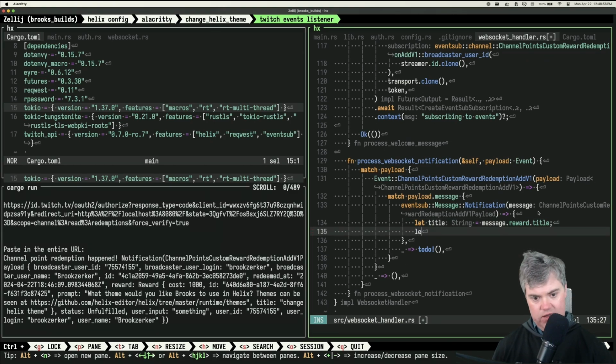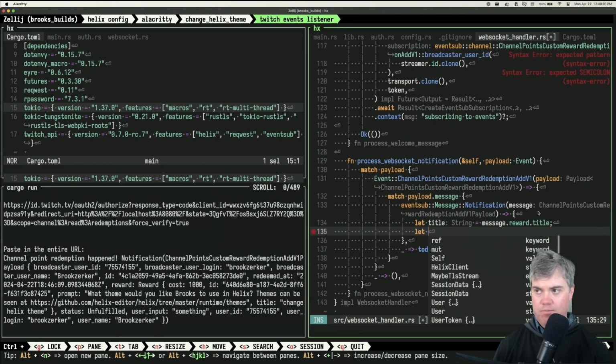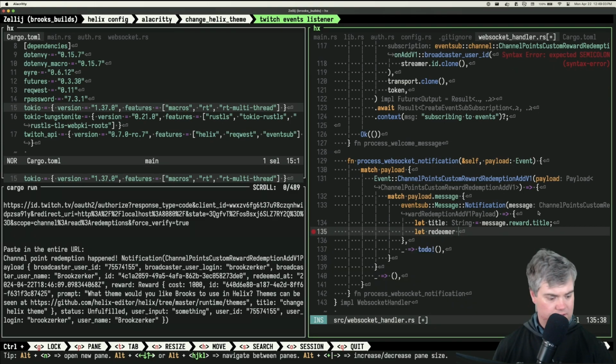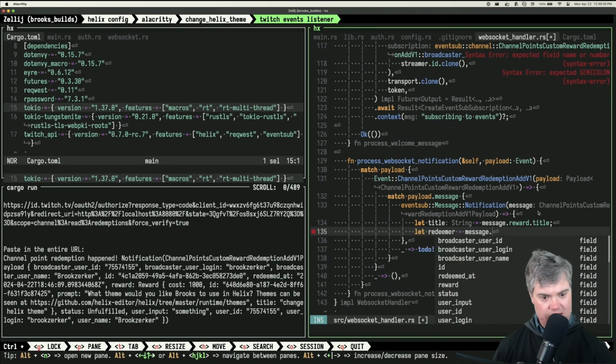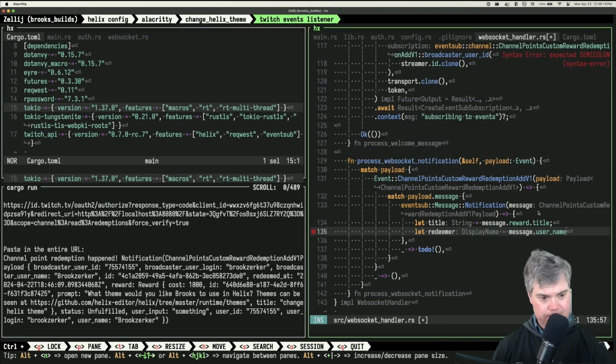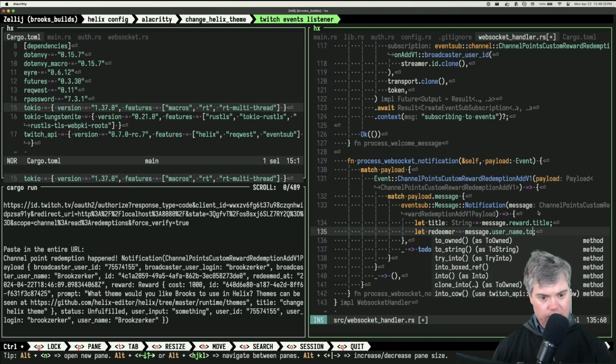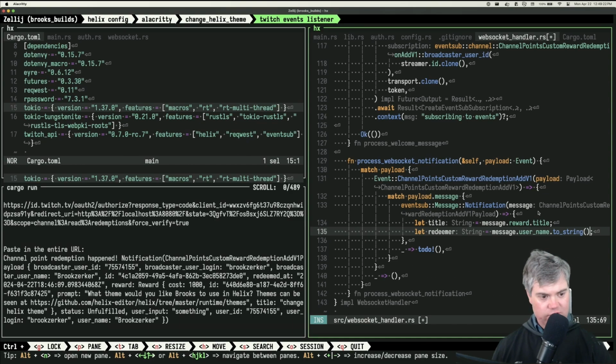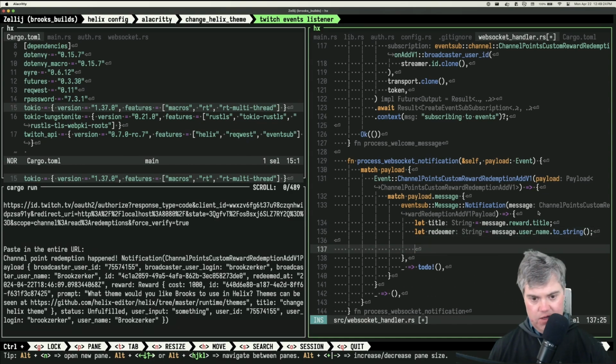So let redeemer be message dot user name. So we got a string and a display name. I probably want to turn this into a string here. So we have two strings like that. And then we can drop this in. Okay, so then we can say